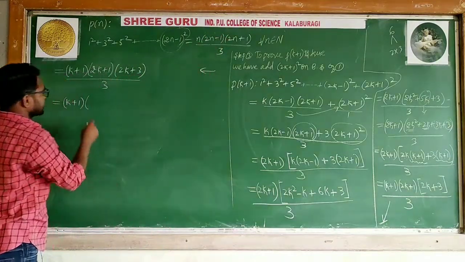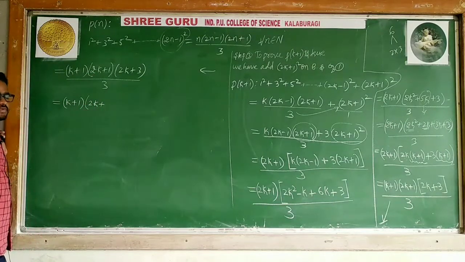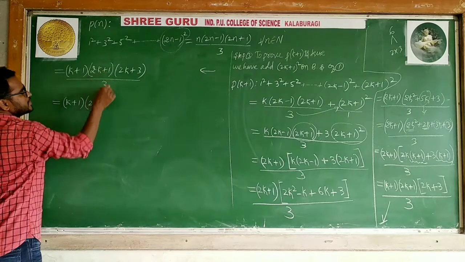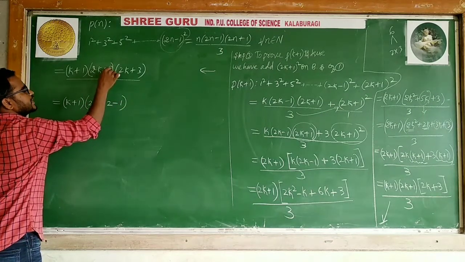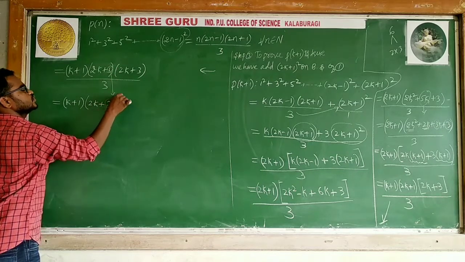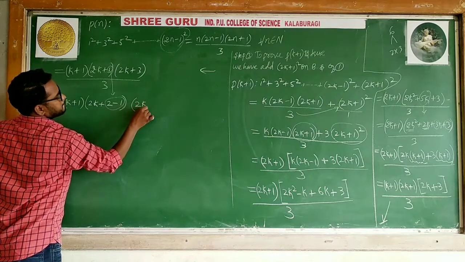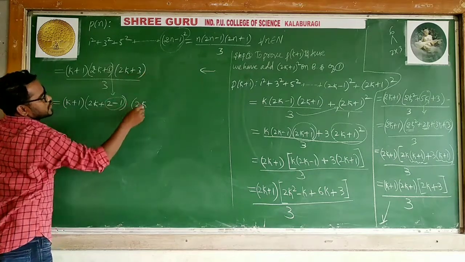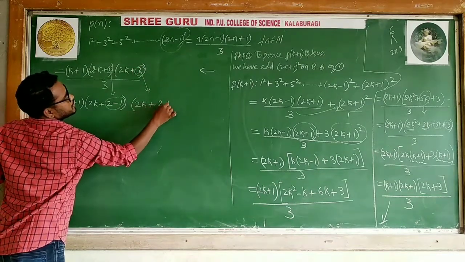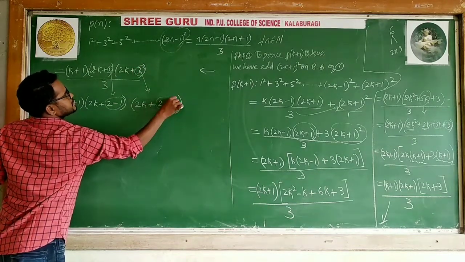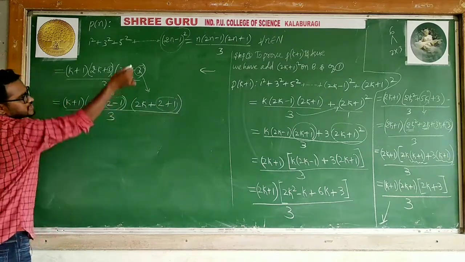So can I write 2k? You have done this in a previous class or previous problem also. 1 can be written as, can I say, 2 minus 1? Yes. And then 2k. 3 can be written as, I can take 2 common, 2 plus 1. Are you getting? 2 plus 1 is 3. This is how I am writing, I need to express in the required form.